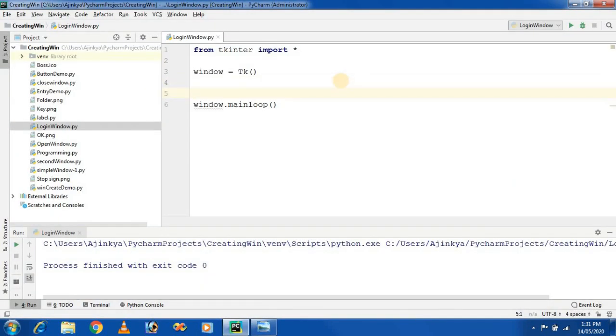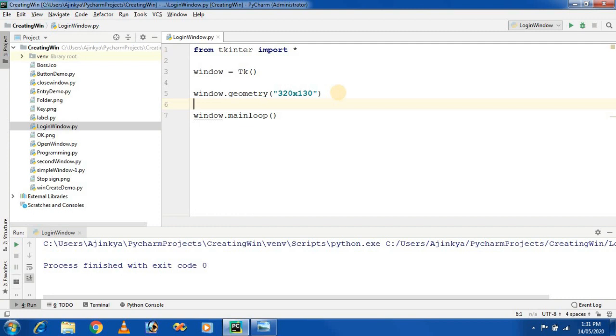So let's start. First we will create a label. First thing, we control the height and width of the window with the window.geometry method. My window height should be 320 and width 130. Next step, the geometry method can be used to set the width and height of the window.